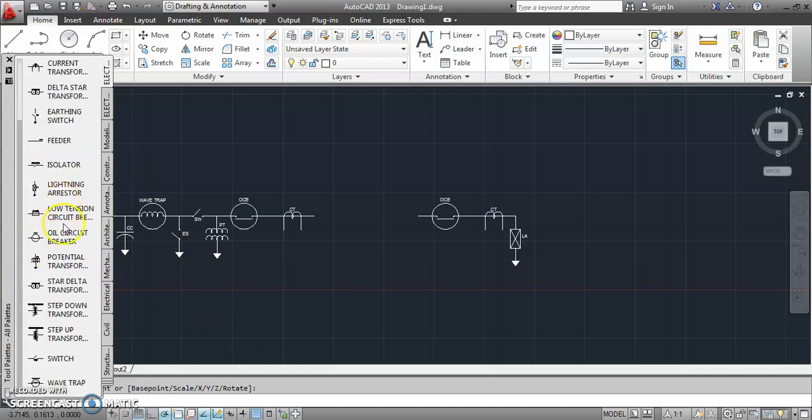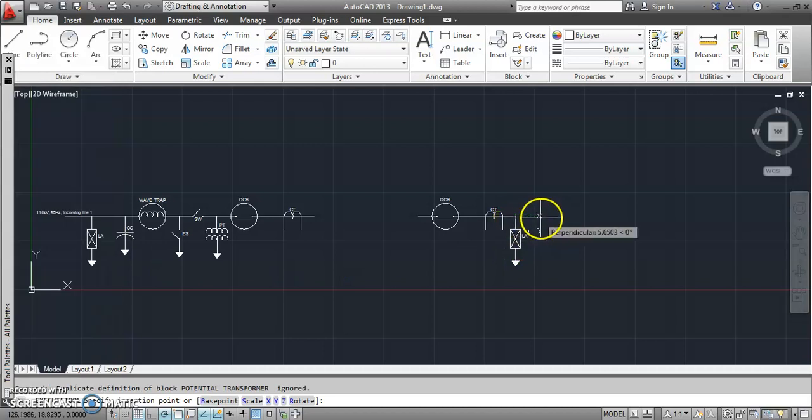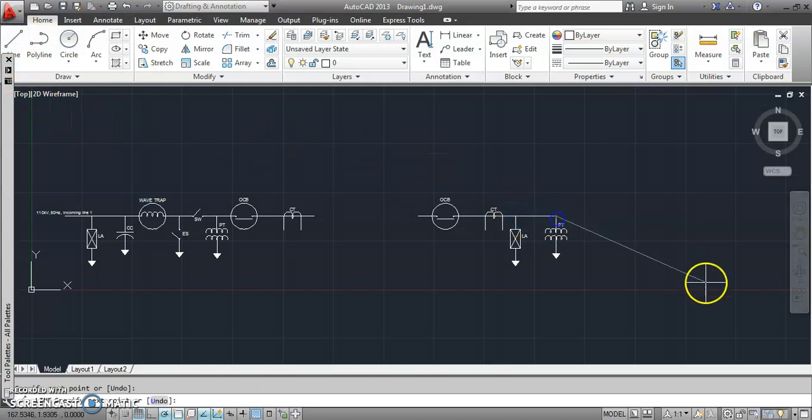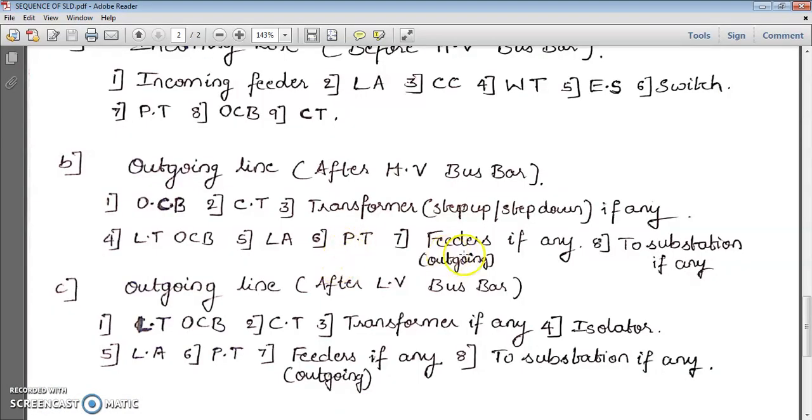Where is the potential transformer? It's over here. Okay, do like this, so that after drawing a line it will not have any problem. Okay, next what we have in the list, feeders if any, outgoing.